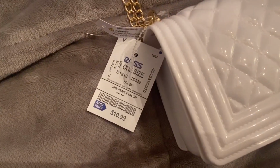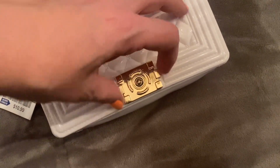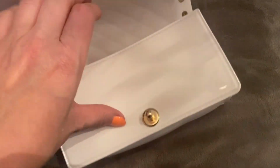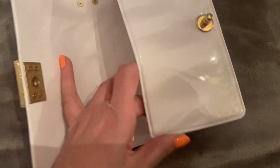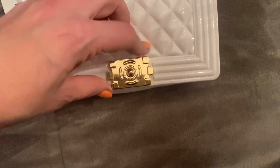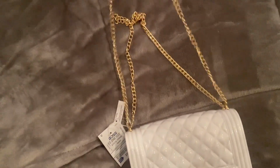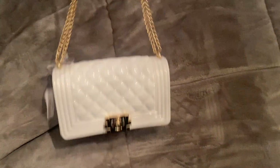Next, also from Ross, was this white one. It was $10.99. Has one of these little push button closures. And some good room inside, enough that you could fit your cell phone, some money, anything like that. And I don't know about you guys, but I always need a white purse in the summertime. Just goes with so many different things. Again, has one of those chains that you can either have doubled or have it long